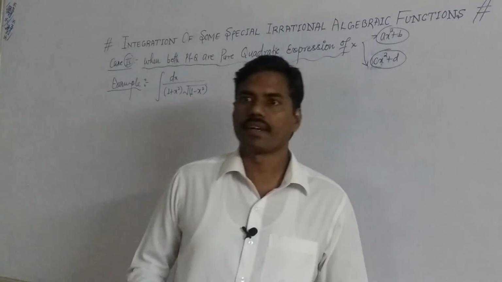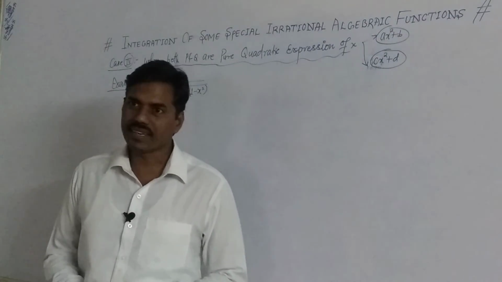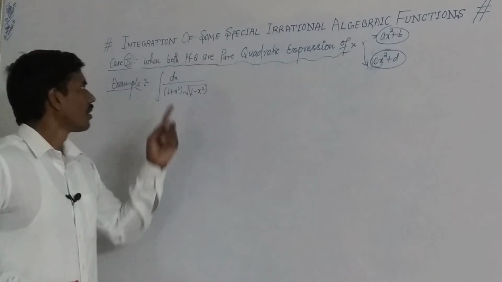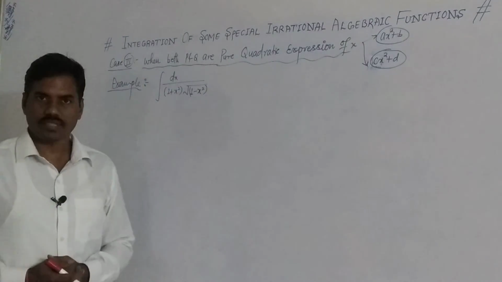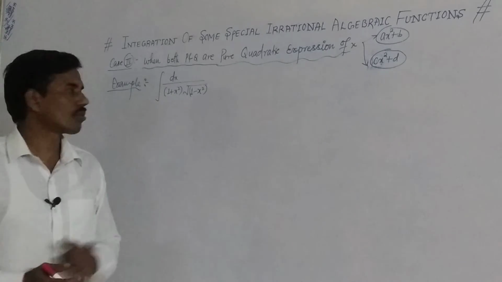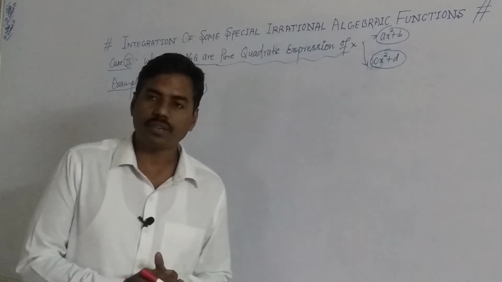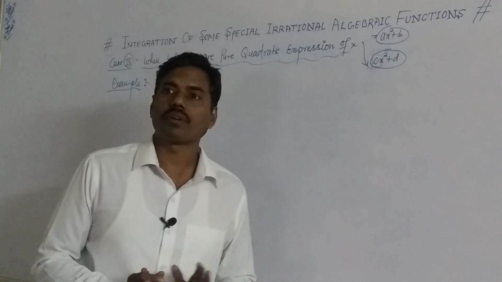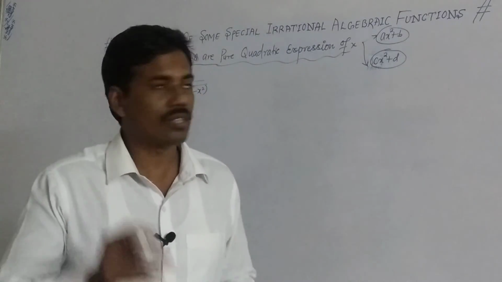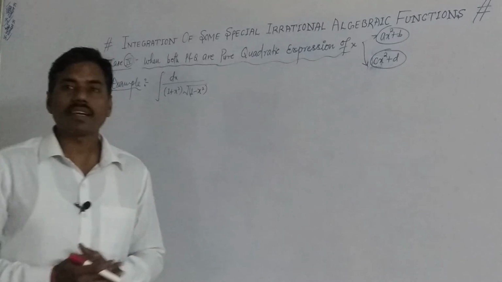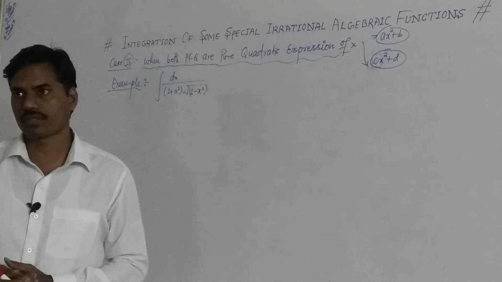Okay students, let us find the solution of an integral which is given as dx upon (1 plus x square) into under root of (1 minus x square) dx. Students, if we compare this integral with our standard form of integration, which is some special irrational algebraic functions, okay,